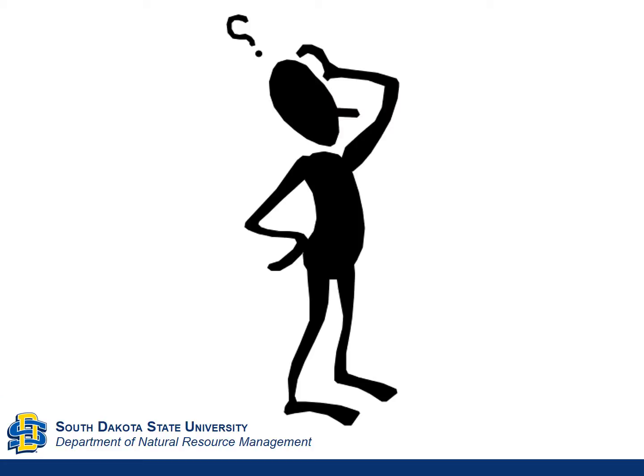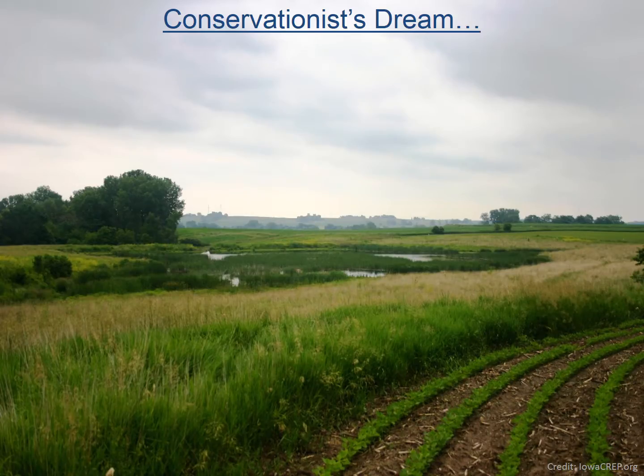They know that a solid understanding of the biology and ecology of the ecosystem provides the foundation for conservation, but they have come to realize that they won't be successful in their efforts without a deep understanding of the people involved. The conservationist dream is to help create a working landscape like this, where farmers and ranchers are able to use the land to produce food, and the native habitat is also protected.